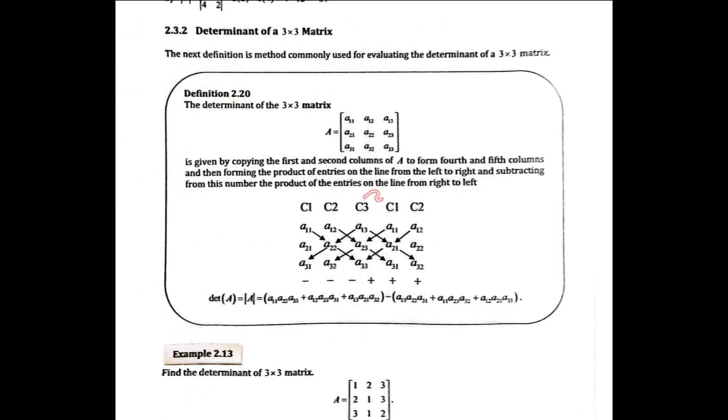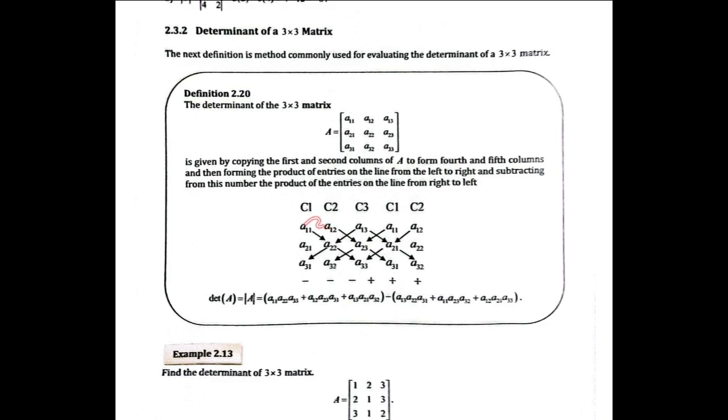Right, we have C1, C2, and C3 as the original matrix. So we need to add the C1 and C2. We need to copy the C1 and C2 to this side. So now from 3 it becomes 5 columns. Now that we have these 5 columns,